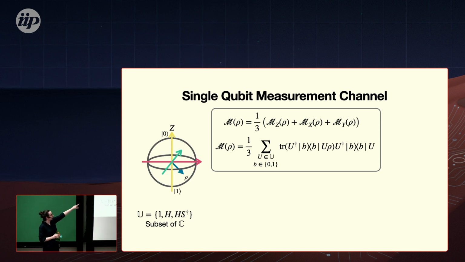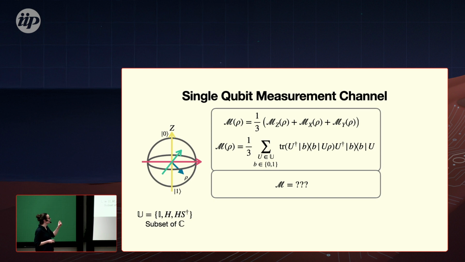And in a bit more mathematical terms, this would be a sum over 3 terms. So we have the 3 unitaries with which we prepare the Pauli measurements, and then each of them has a 0 or 1 outcome. And this measurement channel looks a bit complicated. And it looks like it depends on rho, right? Like when I put in a rho, maybe another thing will come out. And I will show you now together that it's not the case, and that it's actually a very easy and structured channel that comes out here.